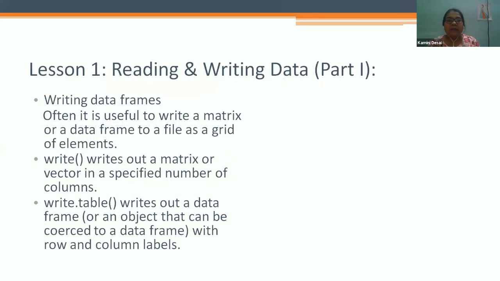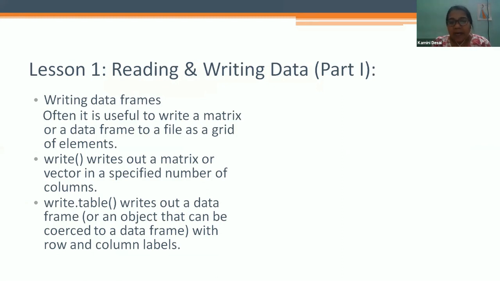So, writing data frames. Often it is useful to write a matrix or data frame out as a grid of elements. We have seen how to read the data in R. Now, how do we write data from R into any other file, in whatever directory we are saving? You can save it with write.table.